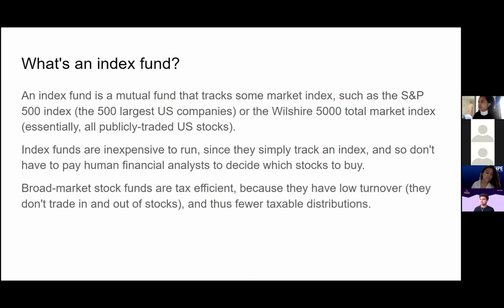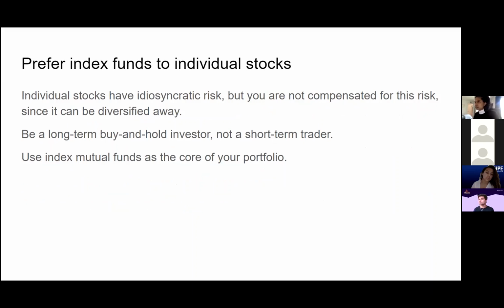And something here, well, maybe we can talk about it later for taxable accounts. But broad market funds are very tax efficient. The stock funds don't trade in and out of stocks. They don't have big taxable distributions, so they're very tax efficient. So if you ever were going to buy an active fund, which is the opposite of an index fund, an actively managed fund, they tend to be tax inefficient. So you want to keep those in your tax advantage accounts. So anyway, a note here.